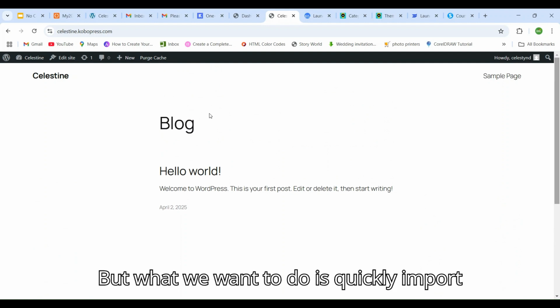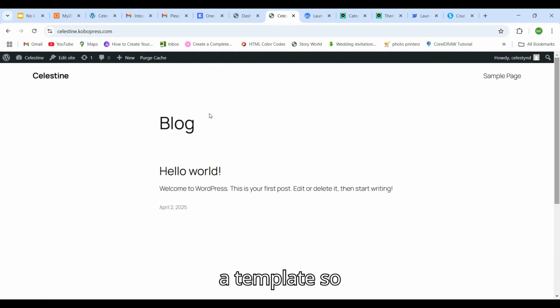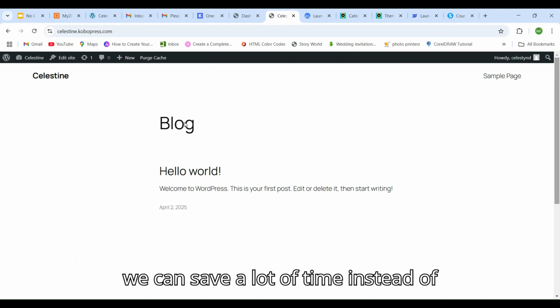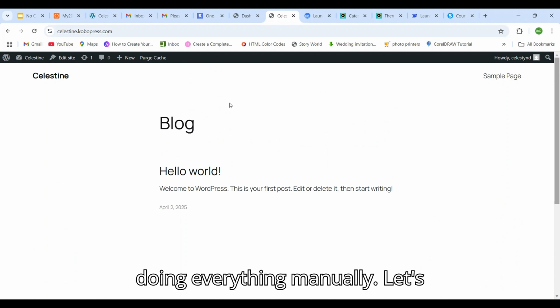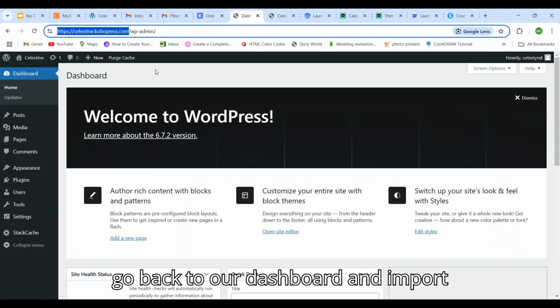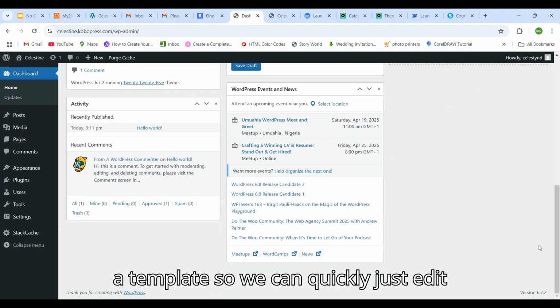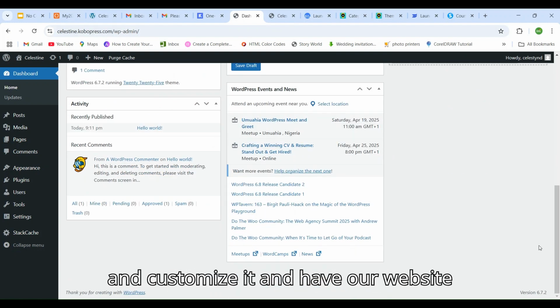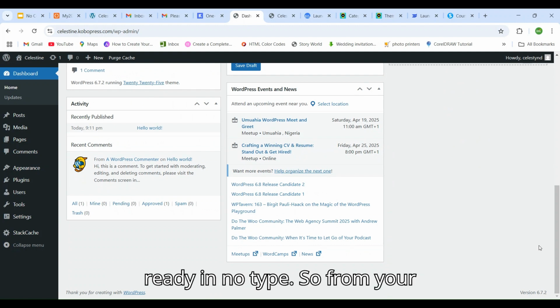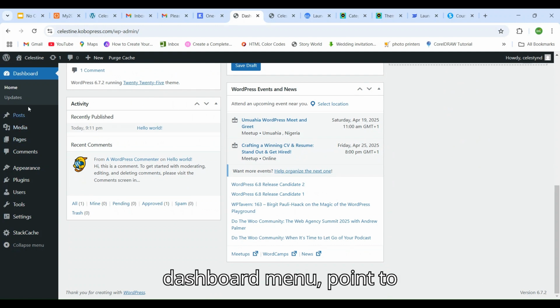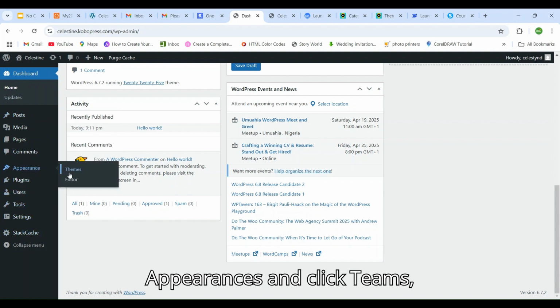But what we want to do is quickly import a template so we can save a lot of time instead of doing everything manually. Let's go back to our dashboard and import a template so we can quickly just edit and customize it and have our website ready in no time. So from your dashboard menu, point to appearances and click themes,